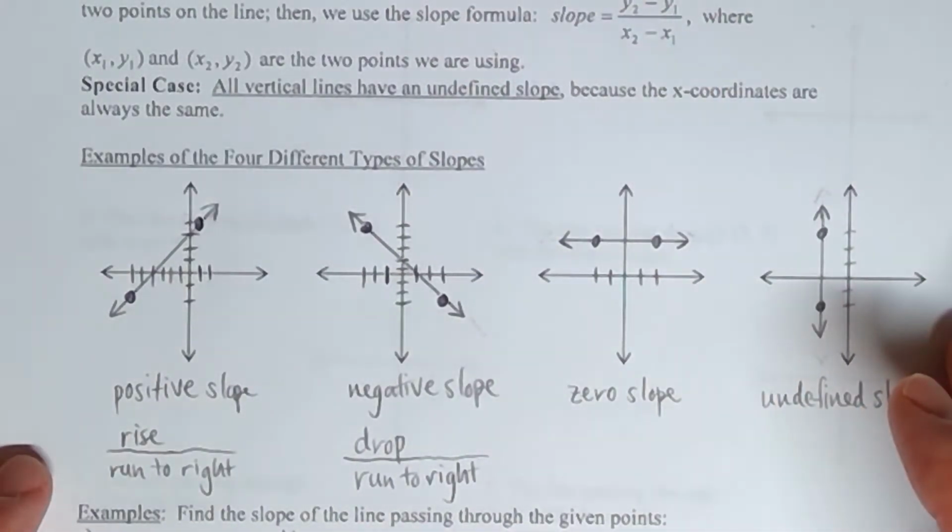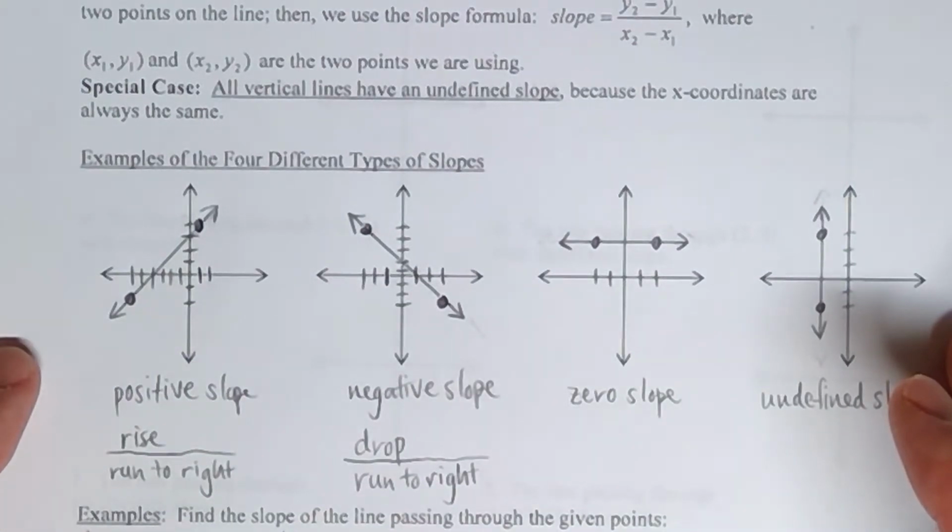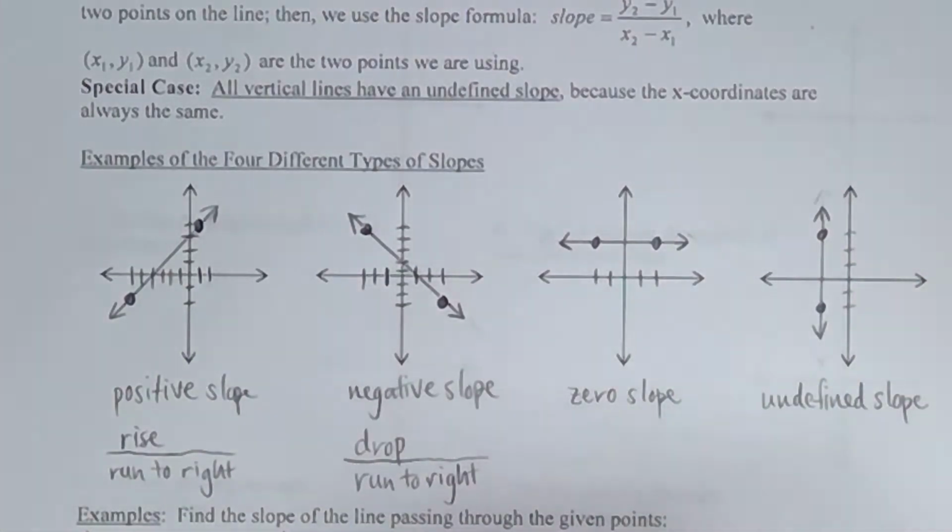Okay, so how do we measure it exactly? We're not just going to call it positive. There's actually going to be a number. And like I said, it's usually going to be a fraction. How do we determine what that fraction is? Okay, here's what you do. You start out